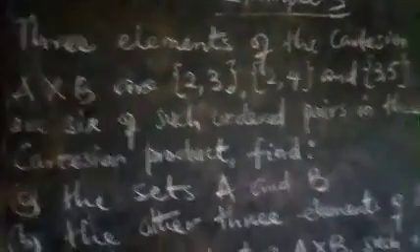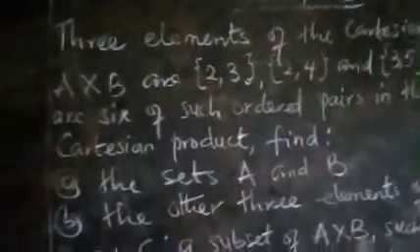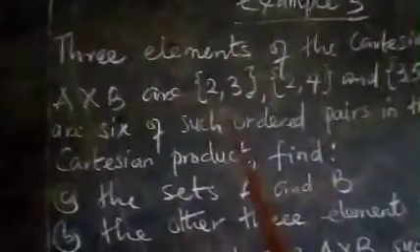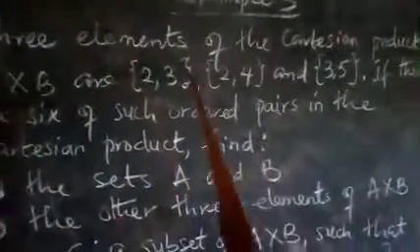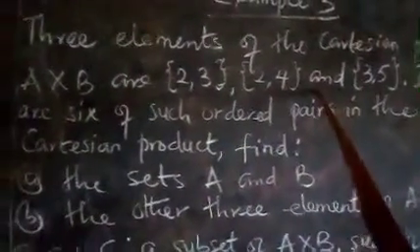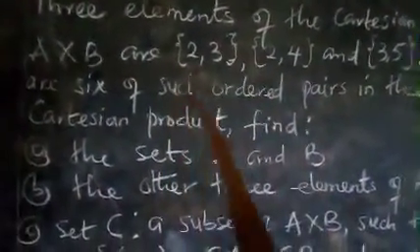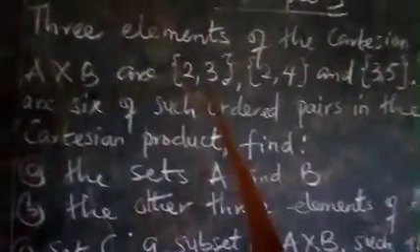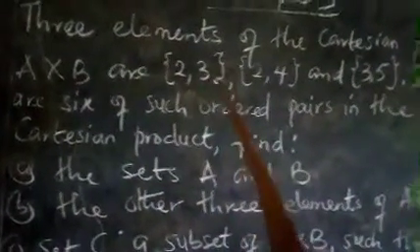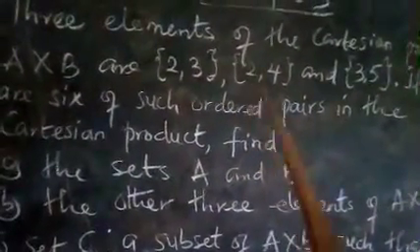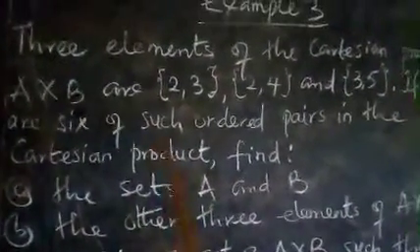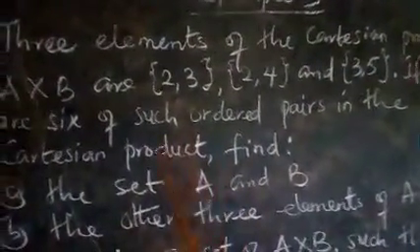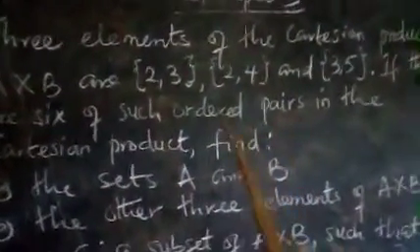Now, this question is not difficult. It is just voluminous, but still it is simple. Let us try to understand this concept very well. The values given here are not the sets A and B. The sets A and B are not given here. We are given the Cartesian product. So let us assume the sets are somewhere, and they write out the Cartesian product that they got from the sets.